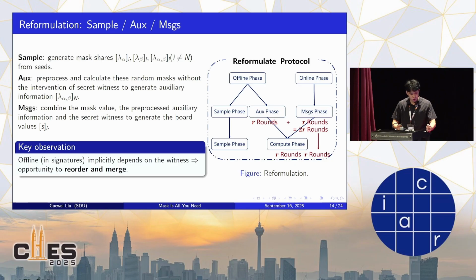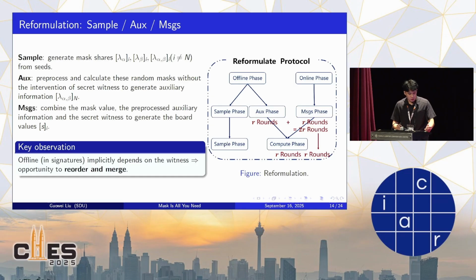So far, I showed the classical KKW split into offline and online phases. Now I will explore the prover's work a bit more finely, where we label the prover's tasks into three phases. The sample phase only expands all mask shares, lambda alpha i, lambda beta i, and lambda alpha beta i for i not equal to n. And we should note that this PRG expansion only relies on the number of AND gates and the input